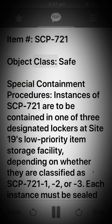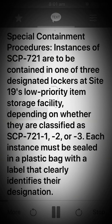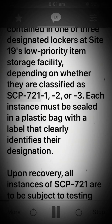SCP-721. Object Class: Safe. Special Containment Procedures. Instances of SCP-721 are to be contained in one of 3 designated lockers at Site-19's low-priority item storage facility, depending on whether they are classified as SCP-721-1, -2, or -3. Each instance must be sealed in a plastic bag with a label that clearly identifies their